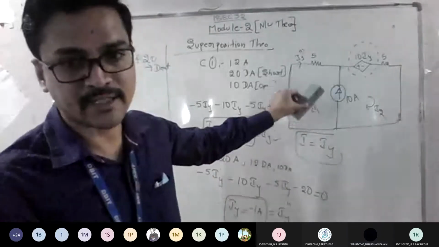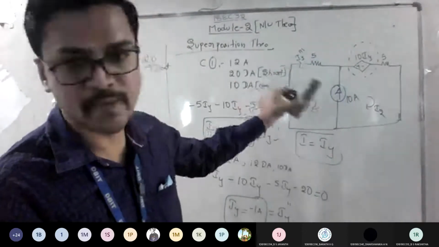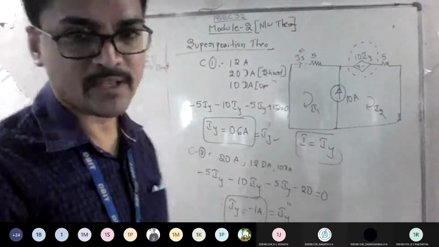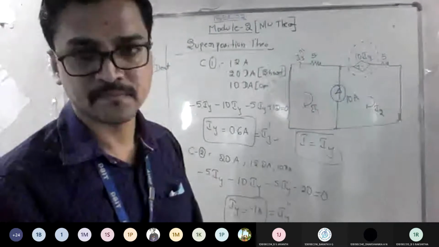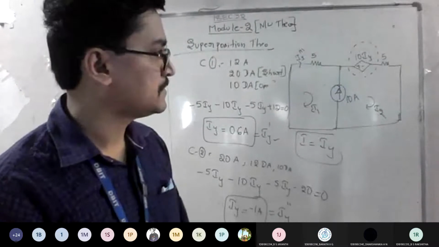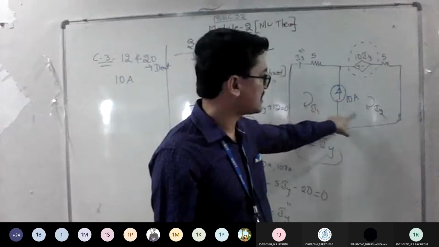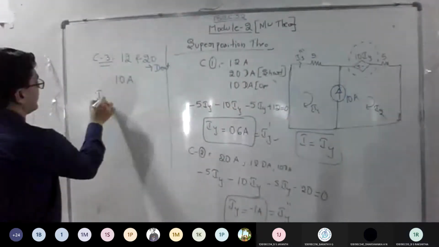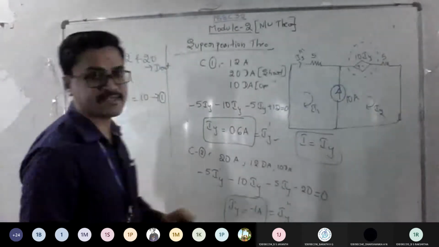Since there is a current source and that is an ideal current source, if there is a current source between the two meshes, then I can go with my super mesh concept. So what is the first equation to apply super mesh now? Whether it is I1 minus I2 or I2 minus I1? So I2 minus I1, because of the flow given in the question and the assumption I have made, I2 is matching. So I2 minus I1 is equal to 10 amp. That is the first equation.